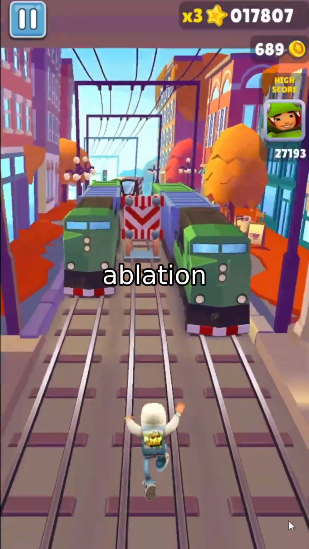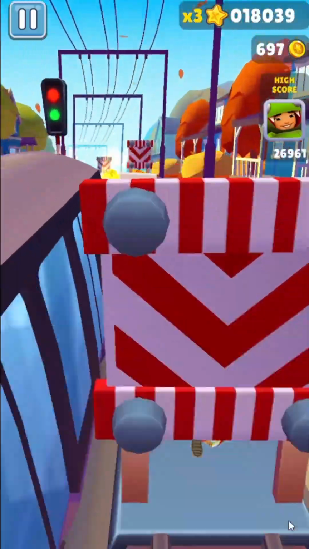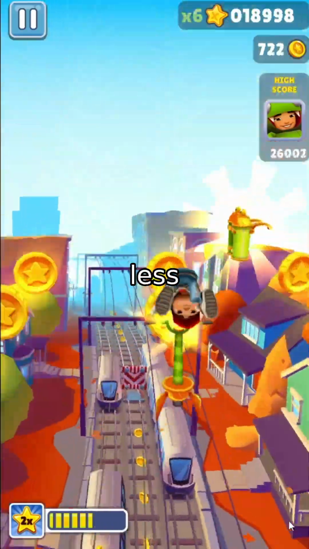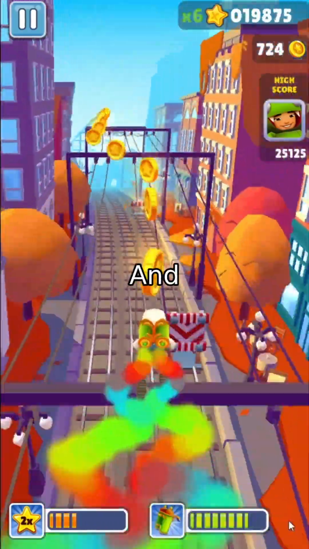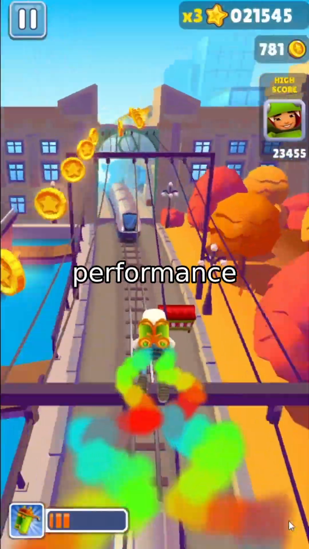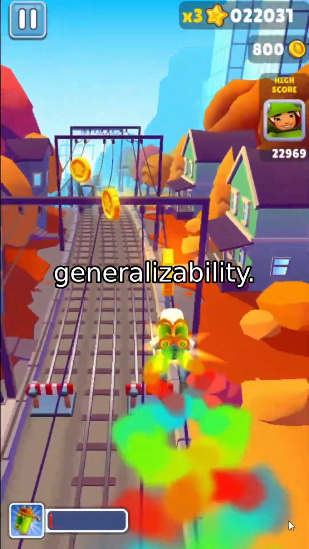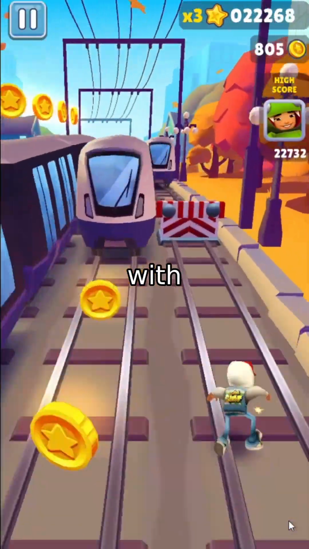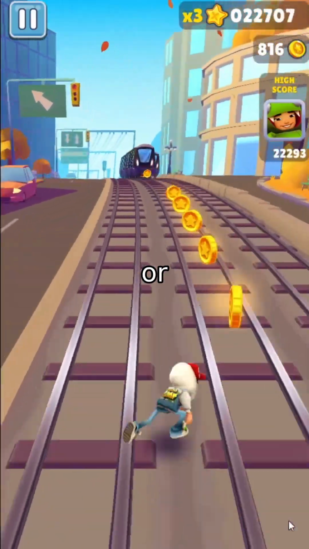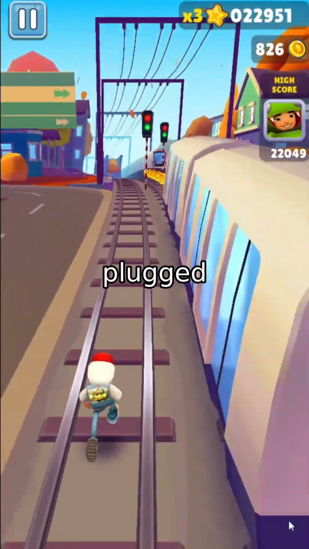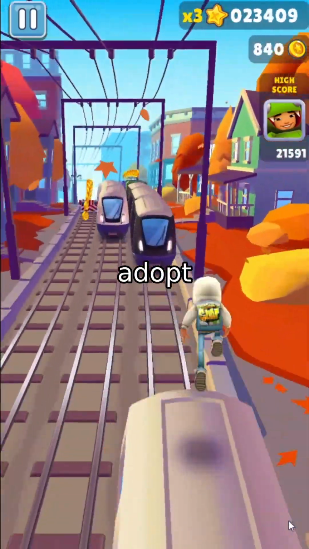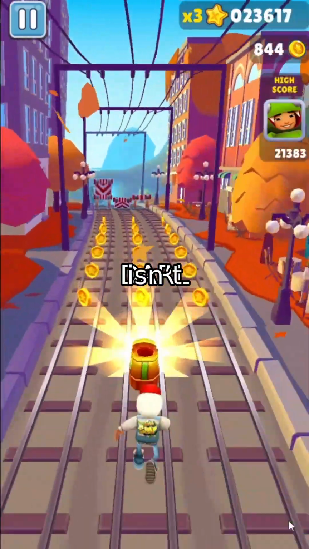We also conducted ablation studies to validate our design choices. Turning off the diversity reward hurt performance. Using a static threshold was less effective than our dynamic approach. And when we applied DARL to other verifier-free frameworks, like Verifiers, it boosted their performance too, proving its generalizability. Importantly, DARL is fully compatible with existing RL pipelines. It doesn't require new architectures, extra verifiers, or complex reward modeling. It can be plugged into any framework that uses model internal likelihoods as a reward signal, making it easy to adopt and scale.